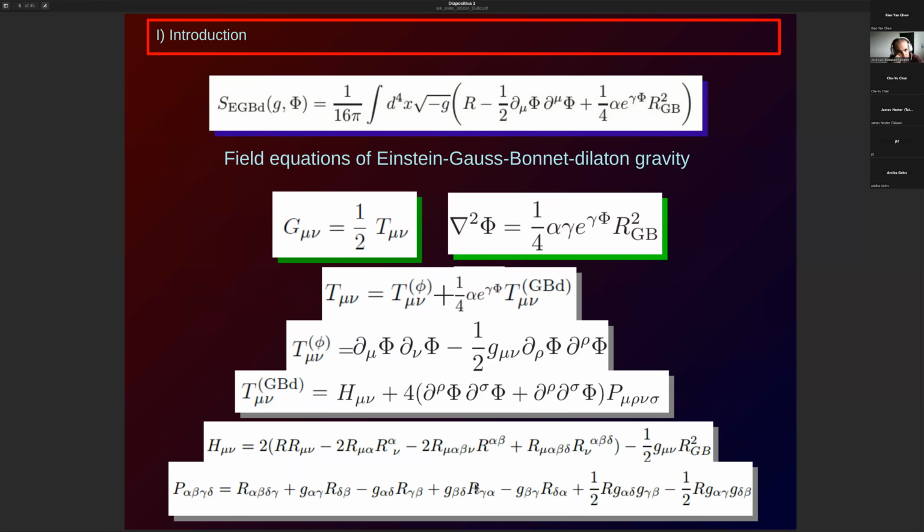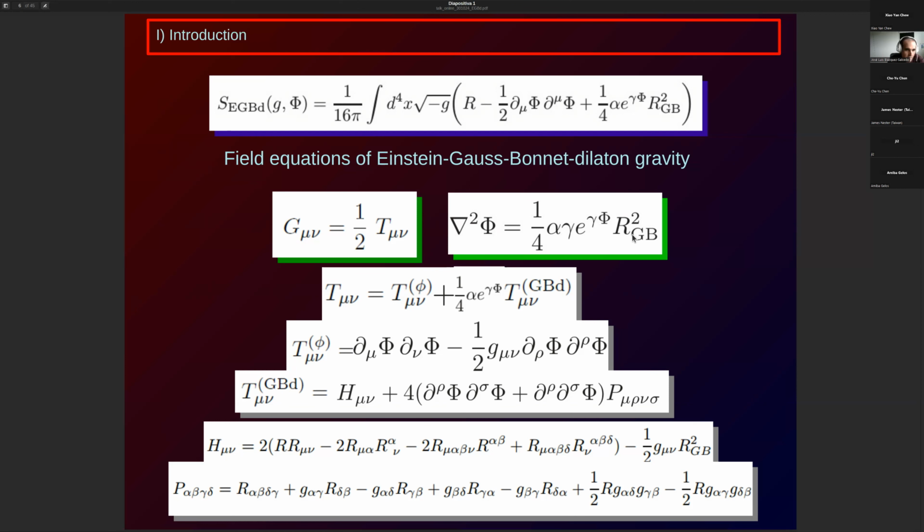Here, things become more messy, but the idea is to take this action and obtain the field equations in the standard way. And you get, of course, the generalized Einstein equations, if you want: the Einstein tensor equals some tensor that now is not trivial. And of course, you have a new field, which is a scalar field. Essentially, you have the typical Klein-Gordon kind of equation, massless, with some source given by the Gauss-Bonnet term.